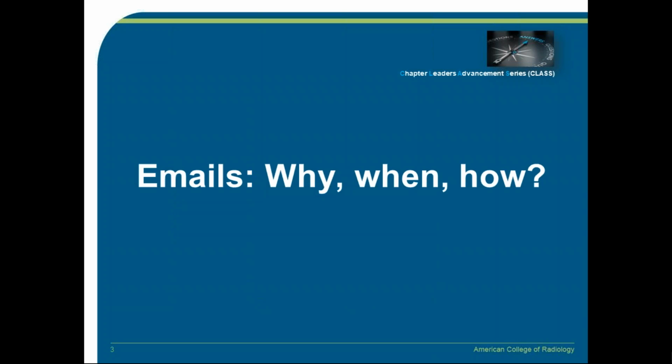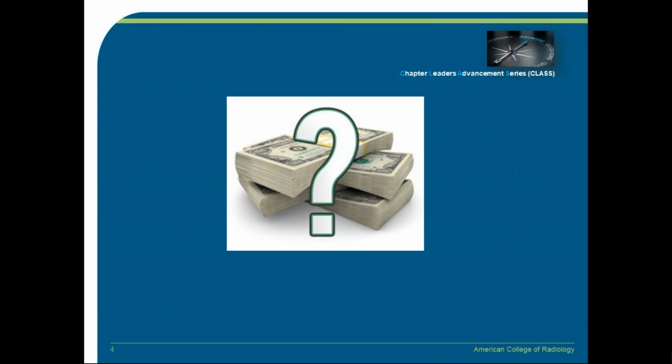One of the questions we always love to ask when we're trying to plan emails, and I'm sure that since all of you are ACR members, you know that we do in fact love to email you the same way that they vote in Chicago, early and often. That's what we boil down to: why are we sending this, when do we send it, and how? And the more important part for all of us really is how much is it going to cost us?